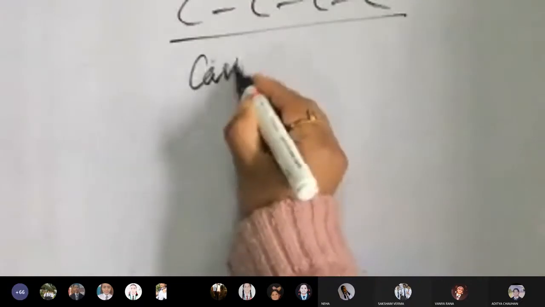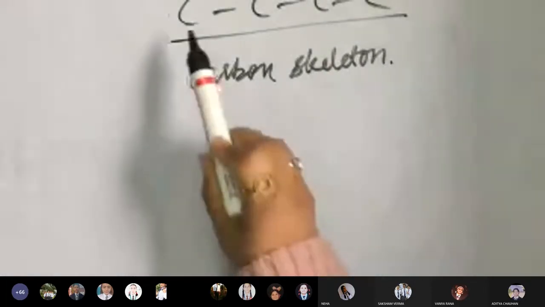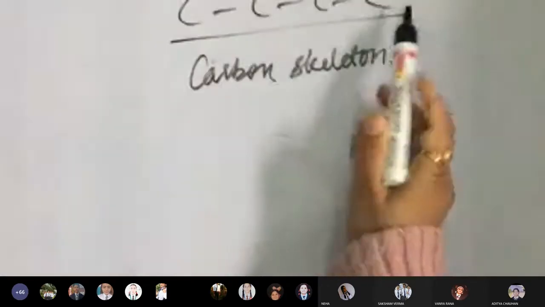So first I'm going to tell you three things. There are three things in organic: one is known as the structural formula, another is known as the abbreviated formula, and the third is known as the carbon structure. If I write a compound where only carbon is mentioned, with no bonding shown with hydrogen, then this is known as the carbon skeleton. Now the interesting thing is this: 1, 2, 3 and 4.